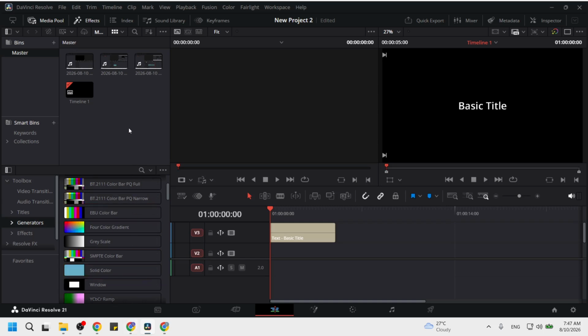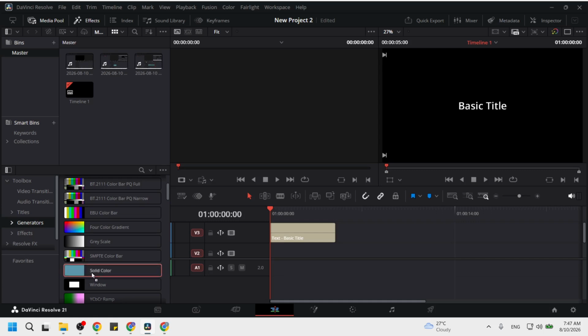Now locate Solid Color from the list. Scroll if you need to. You should see tiles named Solid Color, Gradient, and maybe a few others, each with a small preview. Solid Color is usually near the top and shows a simple colored rectangle. Make sure you choose Solid Color and not a gradient, otherwise your background will not be a single flat shade.